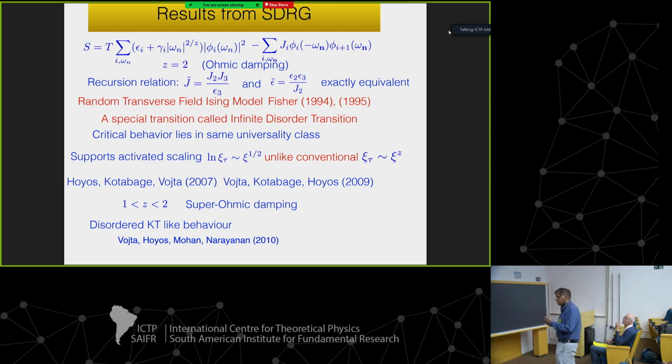In effect, what he has shown is that the critical behavior for this problem, that is the superconductor-normal transition in the presence of disorder, or for the random transverse field Ising model, is very different. And how is it different? When you come close to a critical point, the correlation length, xi, diverges as a power law. Associated with this correlation length there is a correlation time, which also diverges like a power law in conventional transitions. That means tau goes as xi to the power z.